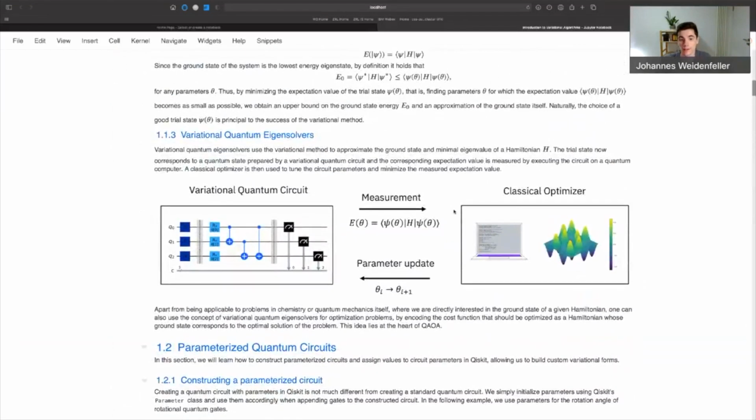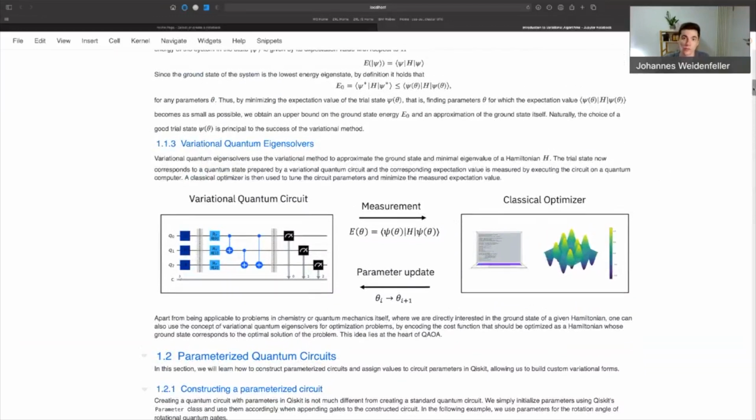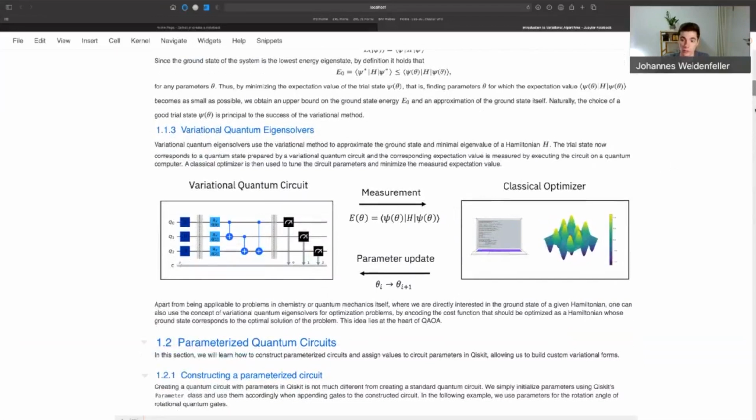Remember that in the QAOA, similar to a variational quantum eigensolver, we have this update loop where we start out with initial parameters and then we use a classical optimizer to iteratively adapt these parameters. And so this argument simply refers to the optimizer that we use here.